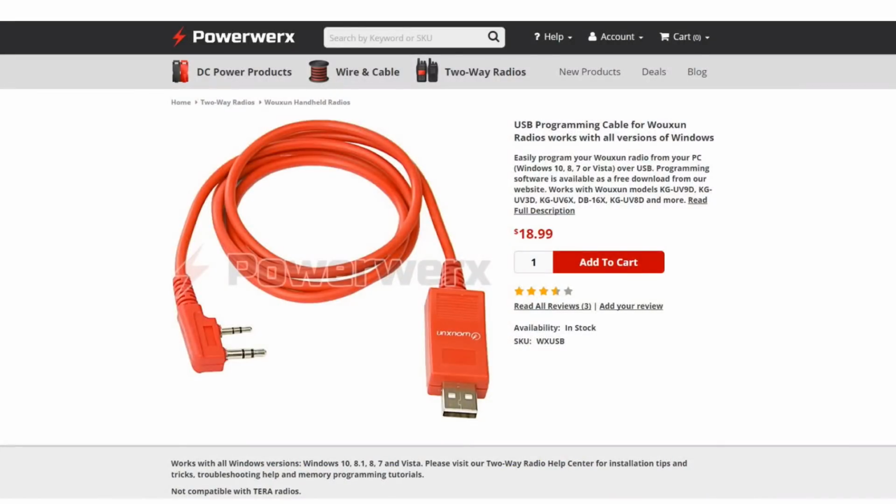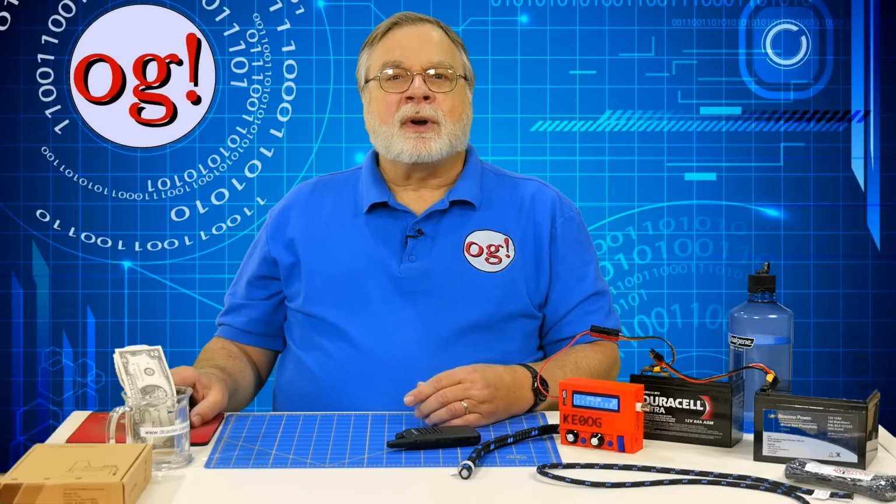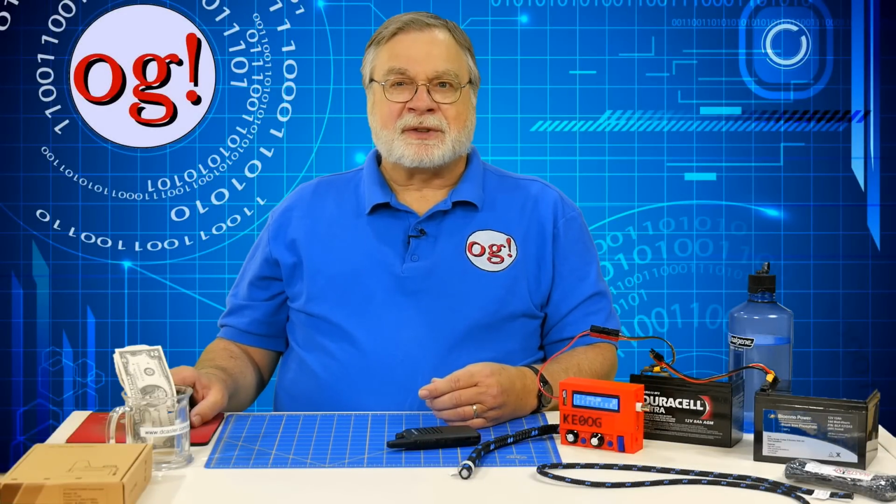To program these radios, you'll need a Kenwood-style programming cable, which is not included. This same cable will program Osheng and Baofeng radios. Fortunately, I have such a cable that works with Windows 10. Chirp is a good piece of software for this job, and the programming is simplicity itself because there are very